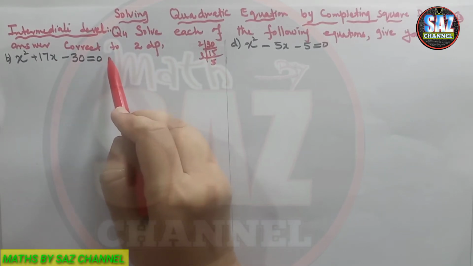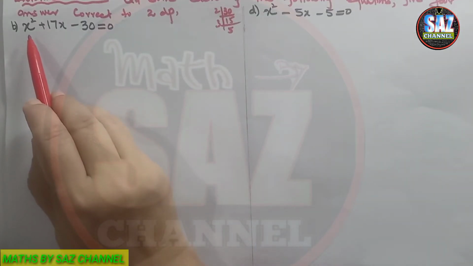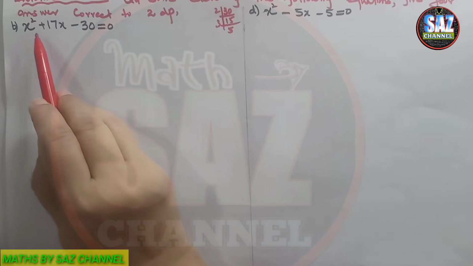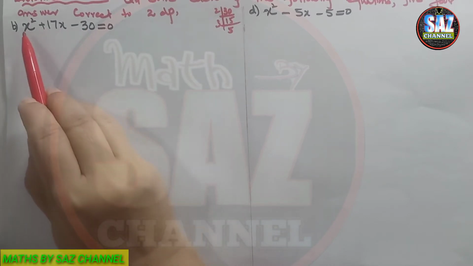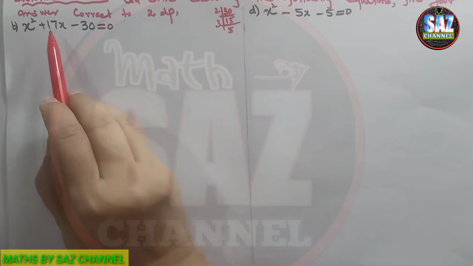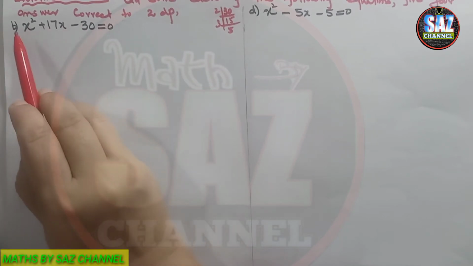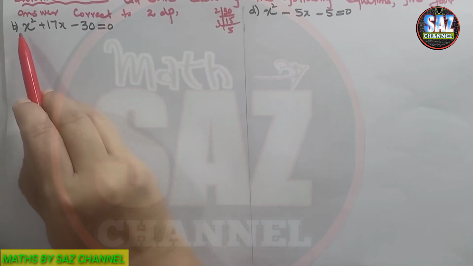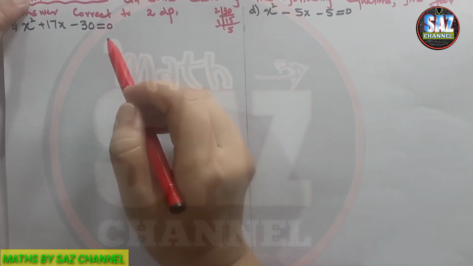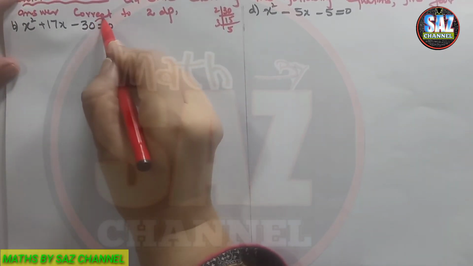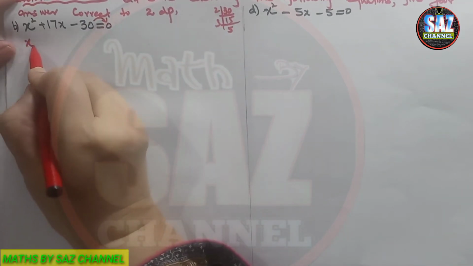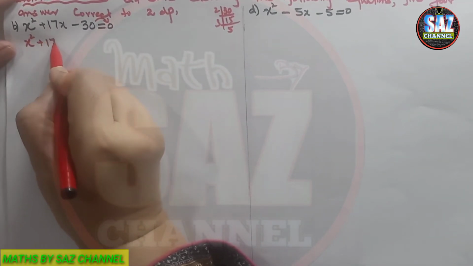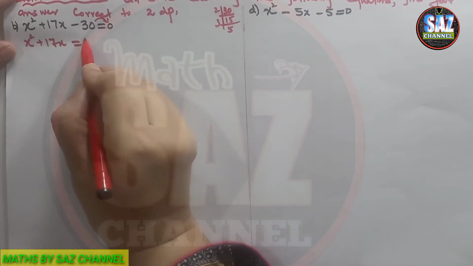If you find any difficulty in the application of the method of completing the square, you can watch my previous lesson where we have discussed this method in detail. According to the method of completing the square, we have to observe that the given equation must be in standard form, with the square term in the beginning, then the middle term and then the constant, with the coefficient of the square term 1. The given equation is in standard form. Now I have to shift the constant to the other side. Then the equation will take the form x square plus 17x equals 30.